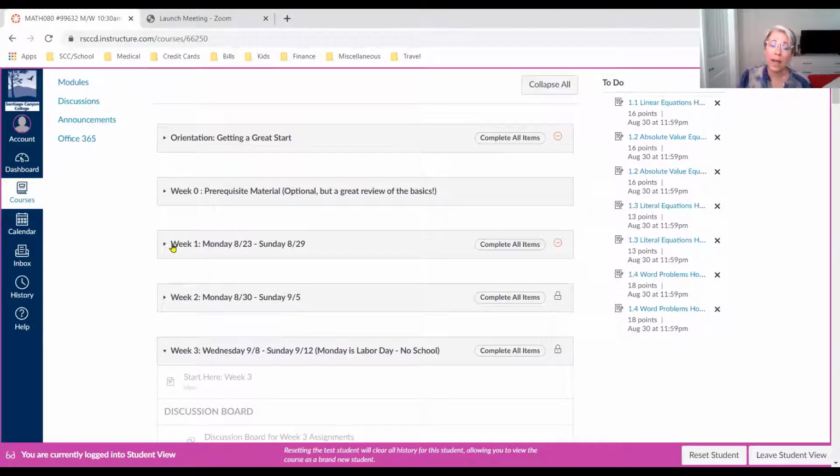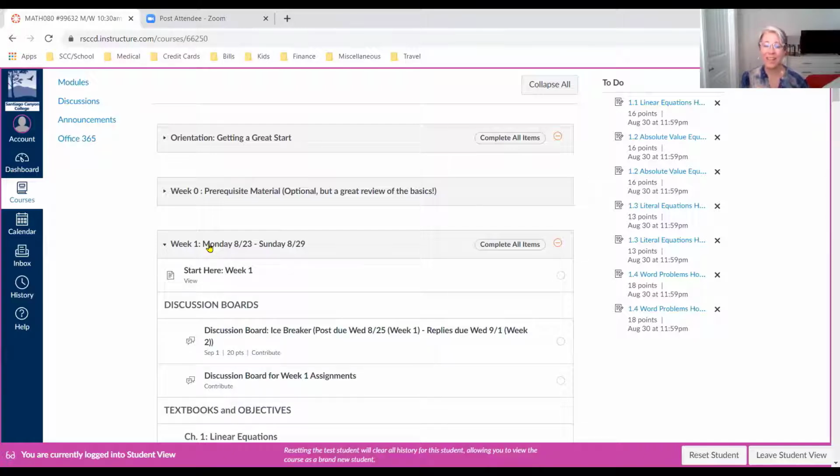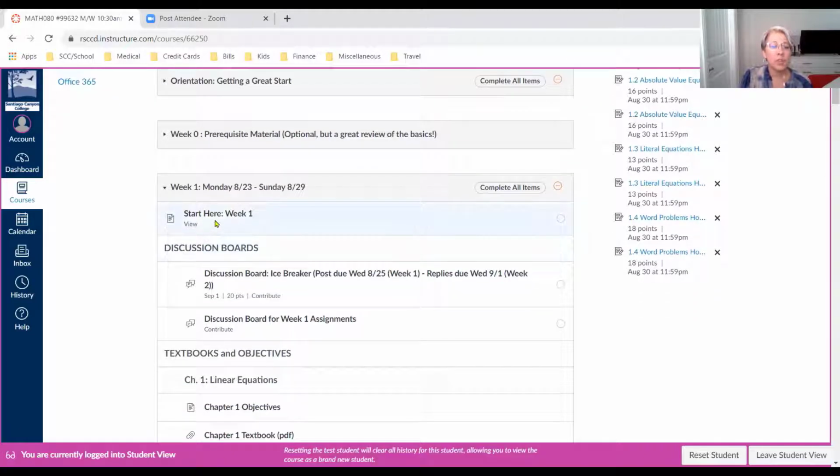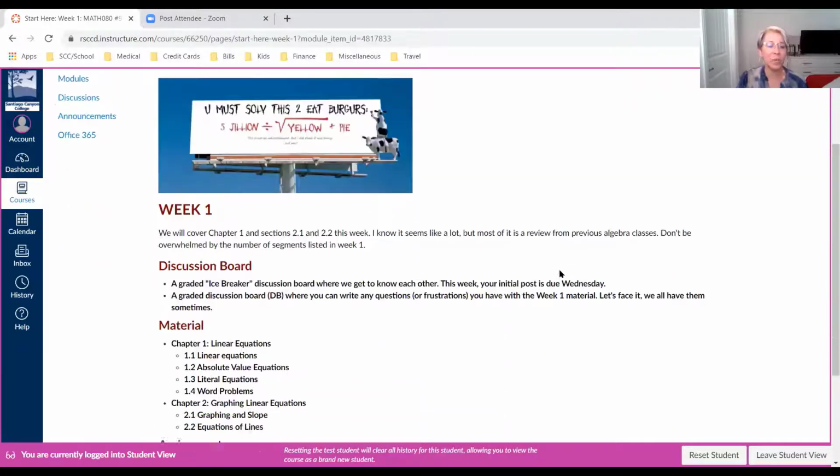When we go to week 1, however, notice it says complete all items, has this little red circle with a line on it. That means there's certain things that you really need to do in that module. So the start here week 1, it says view. They just want you to open it, read through what's expected. And when you view it, matter of fact, let's view it right now. Hey, look, start here, week 1.